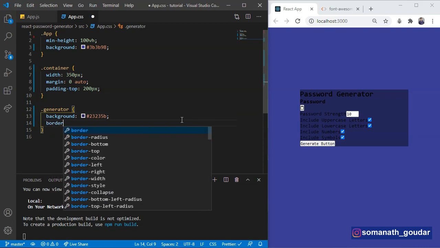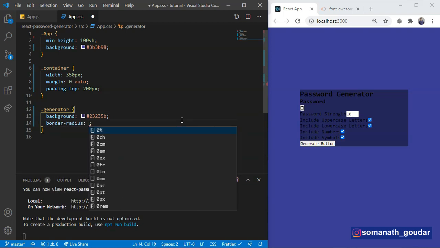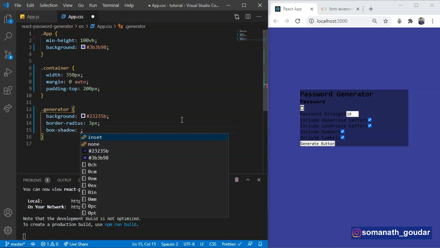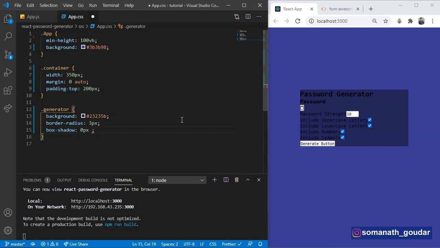Let's set the border radius to 3 pixels, and we are also going to add some box shadow to make it look pretty nice. 0 pixels, 2 pixels, 10 pixels, and we are also going to give RGBA color of 255, 255, 255, 0.2.